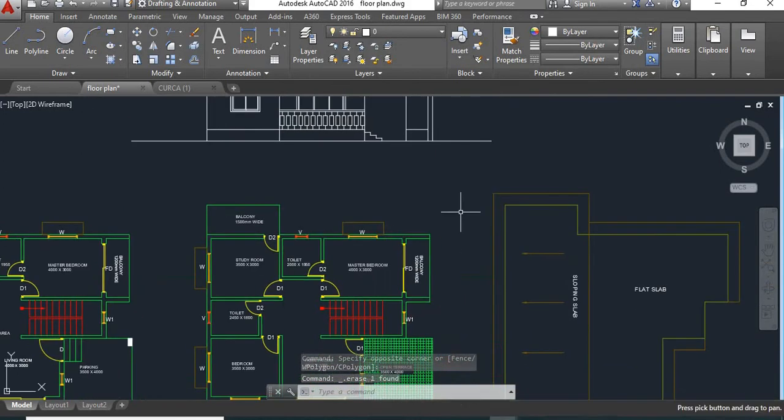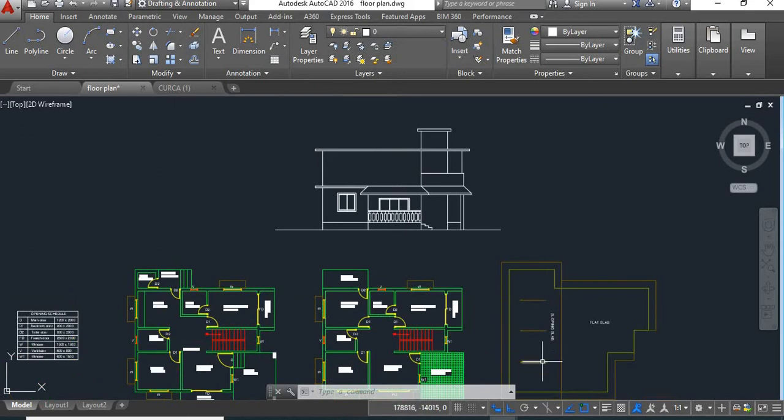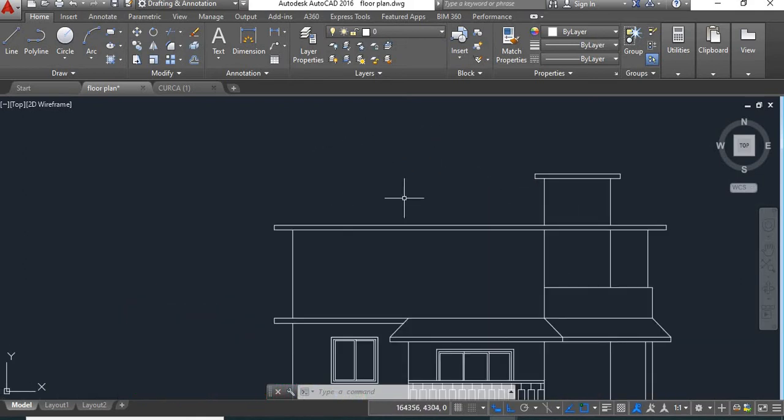Now next here you see, if you see in this roof plane, this side, this half portion is sloping slab. So here this part will be a sloping slab. So here we'll have to show that slope. So for that we'll have to take an offset here.